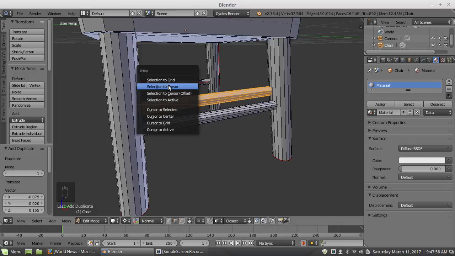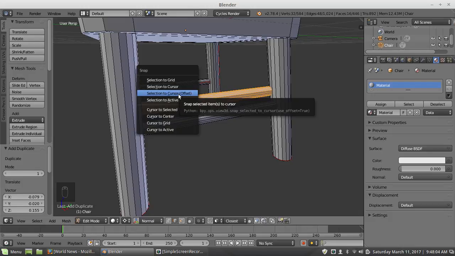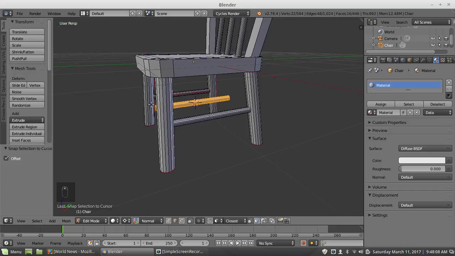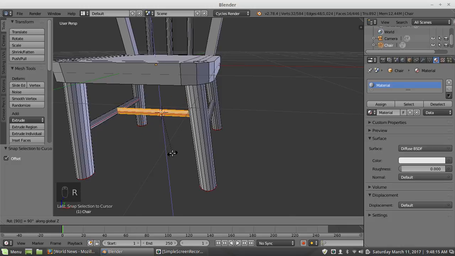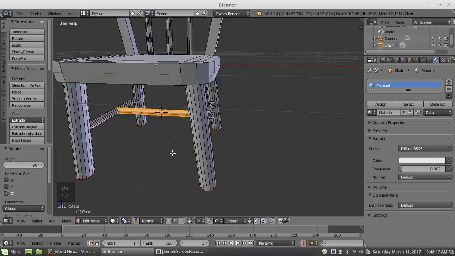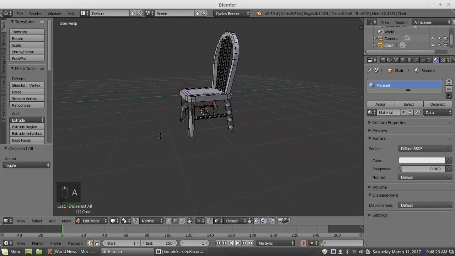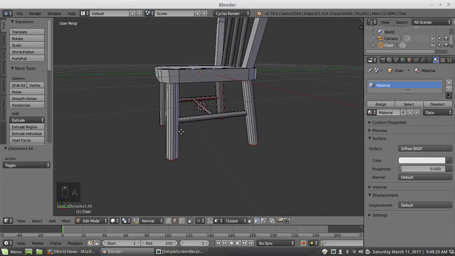If I did this without the offset, all the points that are active would go to it and collapse. So I'm going to use offset so they do not collapse, but everything still shifts to that location. And just rotate this on the Z axis 90, and scale this on the X axis like so, make it a little thinner. And now we have our chair.